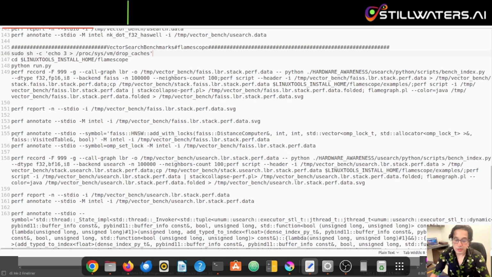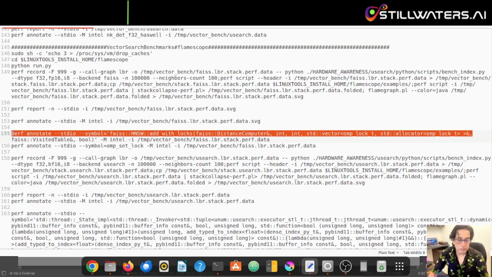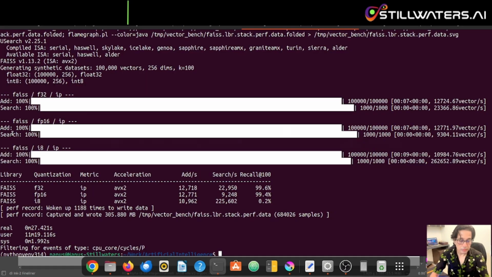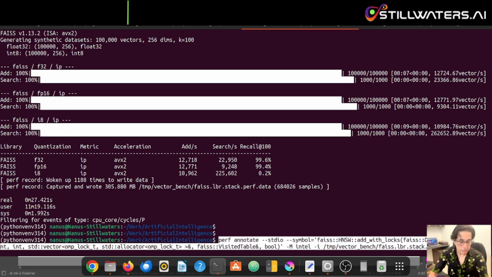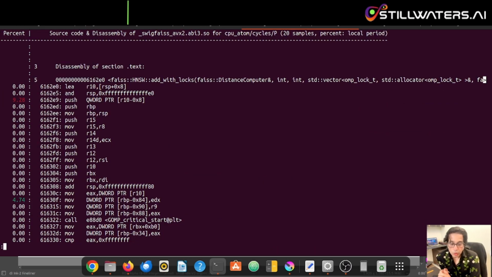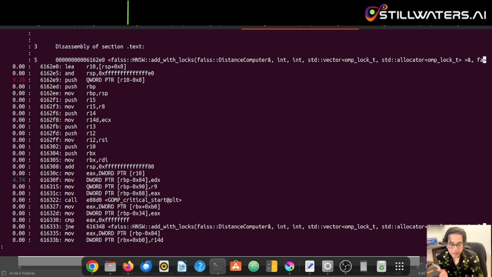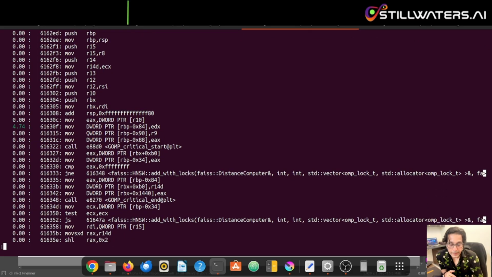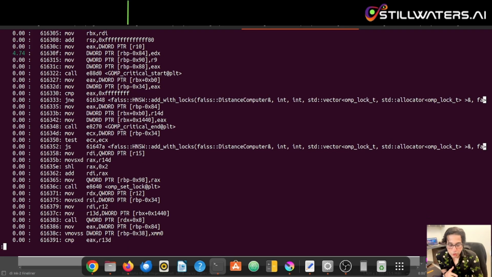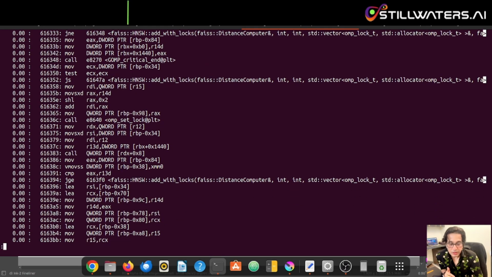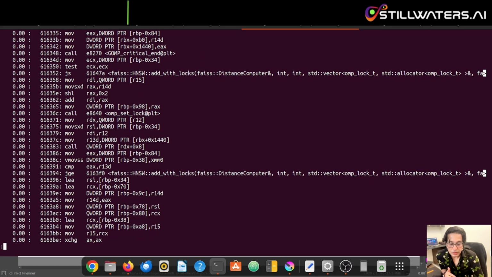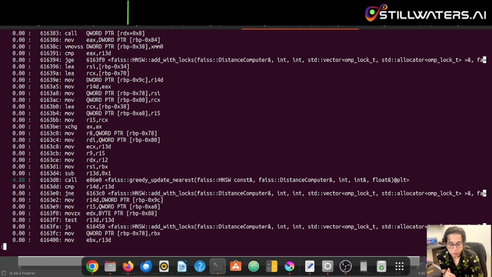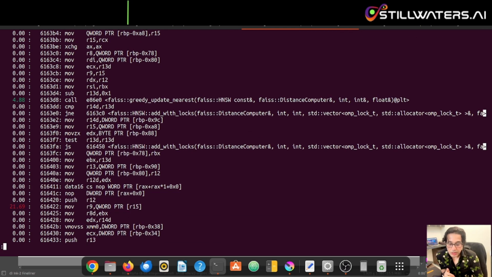Let's see if something interesting comes up. So there you go. That's the corresponding assembly for that function. And let's see if anything sticks out. Don't worry about the assembly too much. Most of it is a function where there are recursive calls to that particular function, add with locks. So it calls itself depending on various conditions. I won't go into that right now. But the thing that sticks out